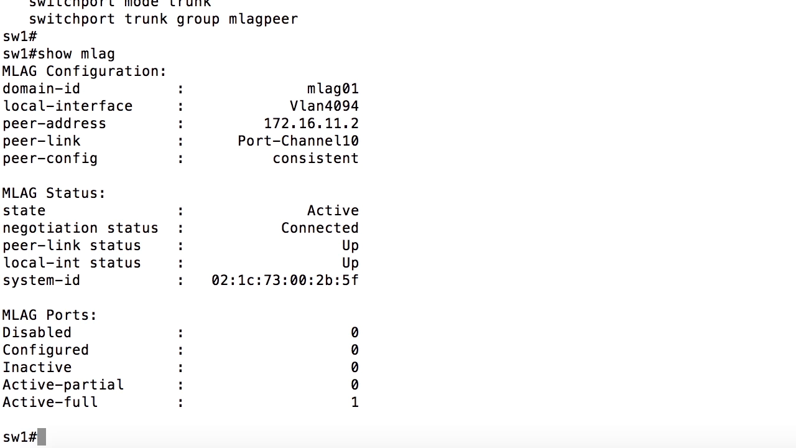MLAG member port is one or more physical ports connecting to other devices, such as switches, routers, firewalls, load balancers, and servers. The MLAG VLAN is a specific VLAN used between the MLAG peers on the MLAG peer link for communication between them. In my lab, I'm using the common Arista example of VLAN 4094 as the MLAG VLAN and